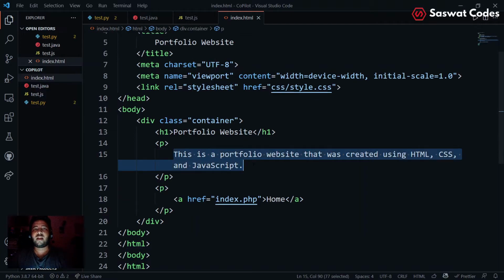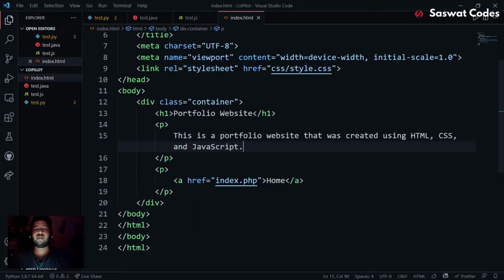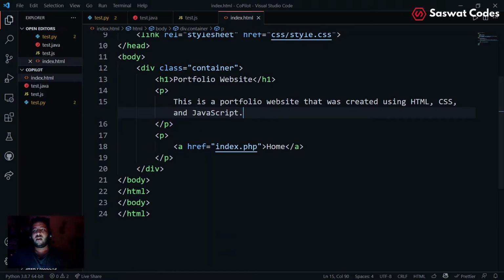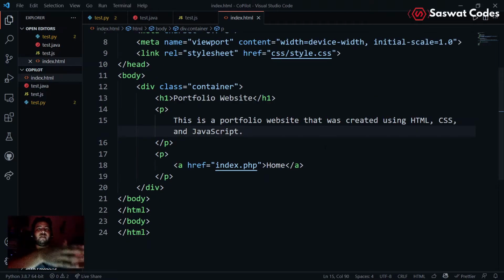It says a portfolio website created in HTML and JavaScript, but later on it gave index.php, home, and later it is simple right now. I think it is randomly taking some things from GitHub, like XYZ repositories, and directly putting them in our code. Whenever I tried a portfolio website before, it was a 200 line code base, but now it is only 24 lines.